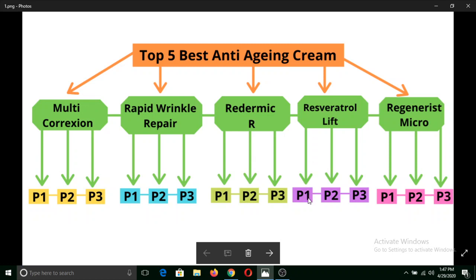Similarly, from P1 give one link to P2, and from this P2 give one link to P1, one link to this specific product review, and another link to this P3. And once you reach P3, you just give one link to this P2, and one link to this specific product review, and you will do the same thing here.